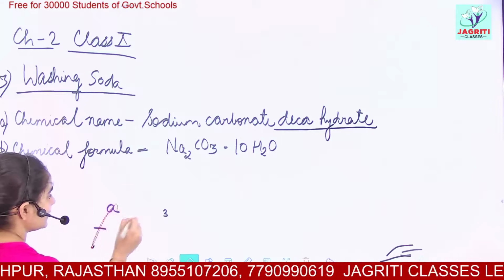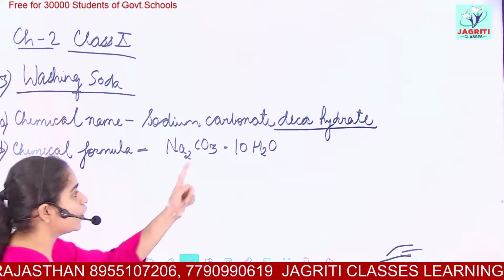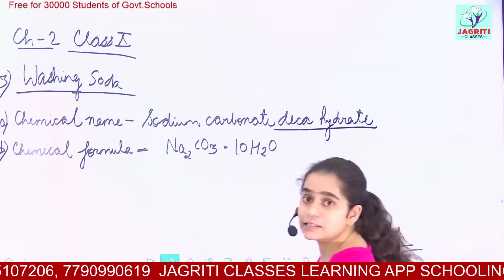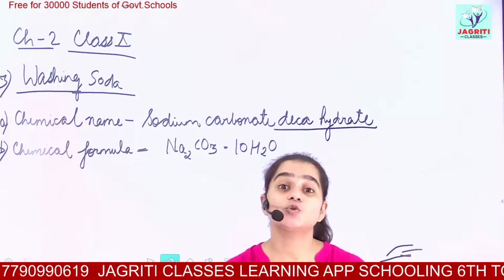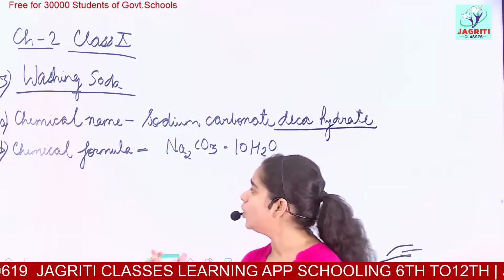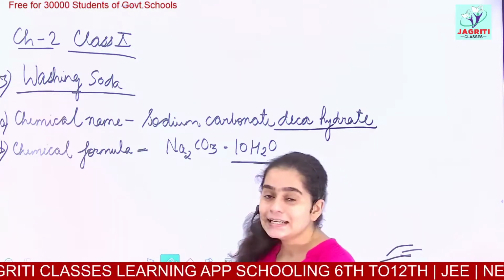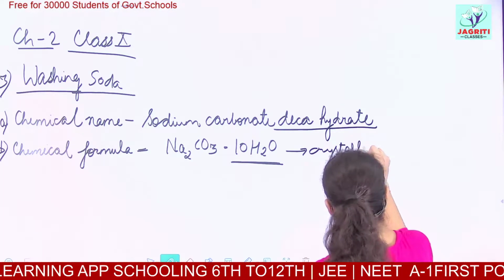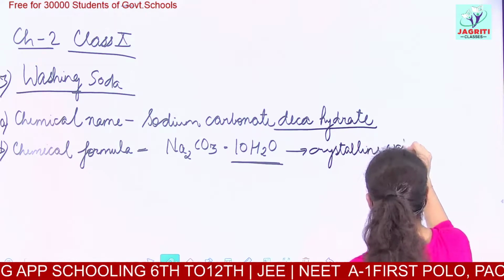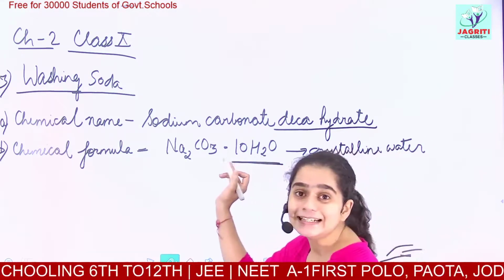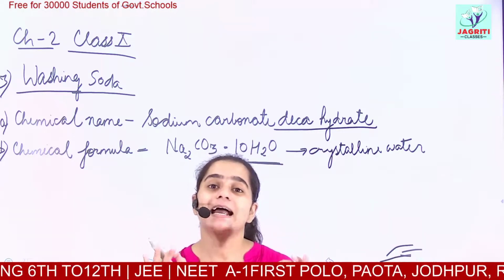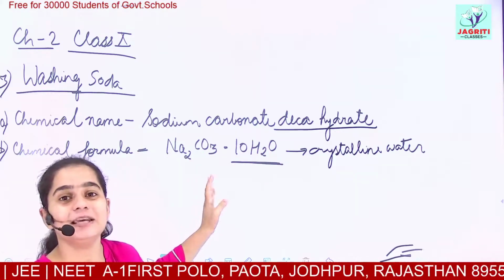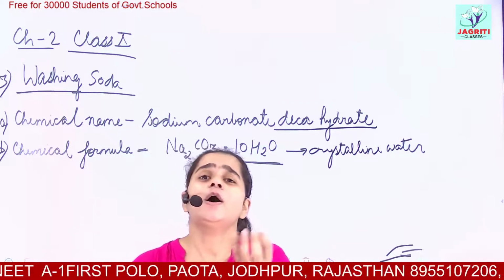Now what do you mean by this .10H2O? You will see in different compounds like CuSO4.5H2O, 5 H2O molecules with copper sulfate. So what does this 10H2O mean? It actually shows the crystalline water. It is called crystalline water. Okay, this water present in the compound does not signify that the compound is wet. This water present with Na2CO3 doesn't mean we have liquid Na2CO3 or aqueous or wet.